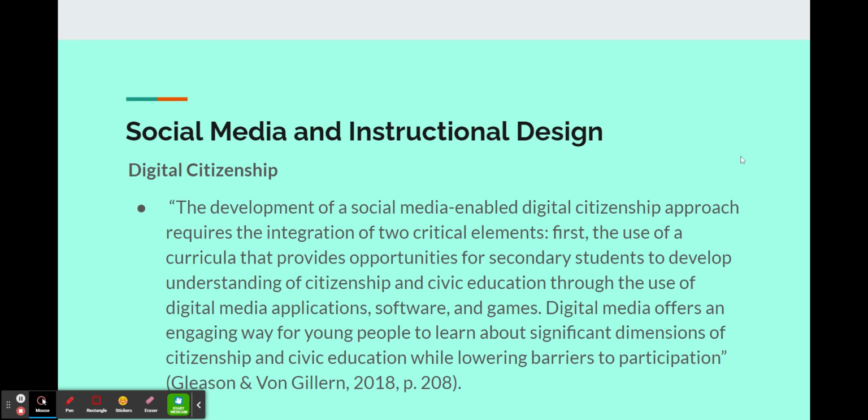The development of social media enabled digital citizenship approaches requires the integration of two critical elements. First, the use of curricula that provides opportunities for secondary students to develop understanding of citizenship and civic education through the use of digital media applications, software, and games. Digital media offers an engaging way for young people to learn about significant dimensions of citizenship and civic education while lowering barriers to participation. So technology and social media provide an avenue that's both accessible and also relatable,